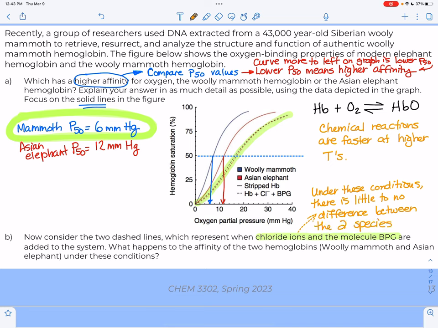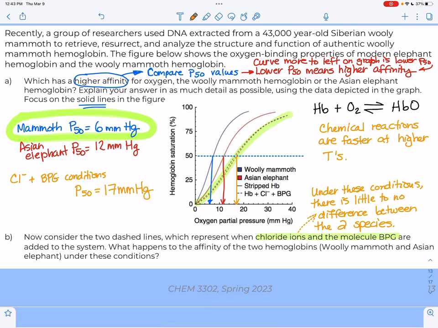So that's the first observation we can make. Okay, the second is we're going to drop this line and figure out what our P50 value is. And so in our chloride ion plus BPG conditions, the P50 is equal to what? So let's see, 12, 14, 16, let's say 17